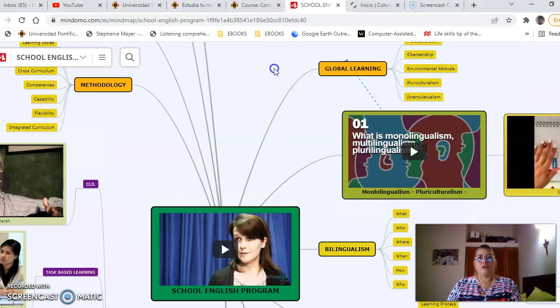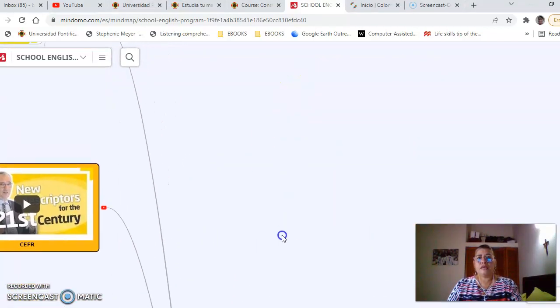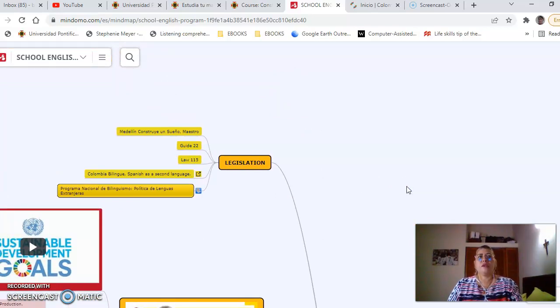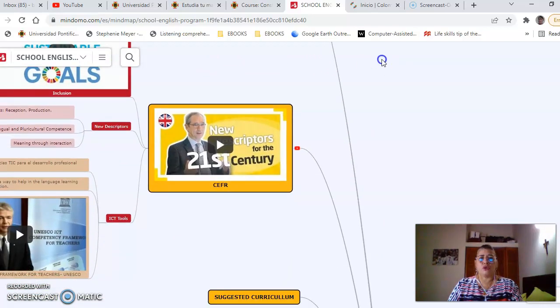As a head start, we need to set ourselves in the legal part. What in our country demands we should teach. And there we're going to have several aspects. So the legislation aspect is very important. Based on this legislation, we have our fundamentals of teaching language theories. Those theories are guided and set in action besides with what is demanded by the Common European Framework of Language References,